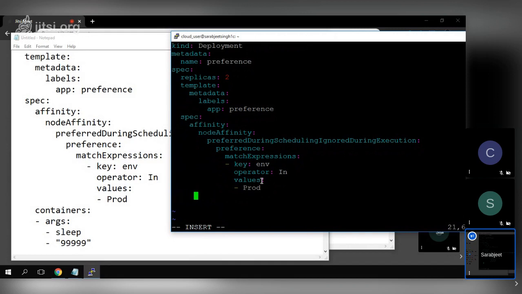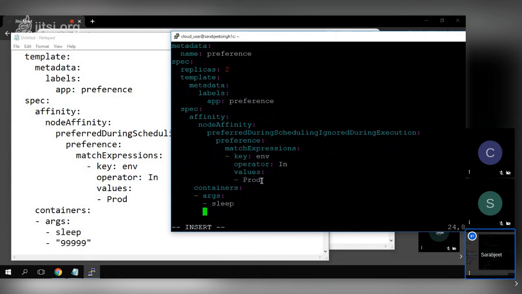1 2 3 4 5 6. So containers, and we have multiple arguments that we want to pass, so it should be in the list. So argument, first argument is sleep, and how much. So we have given that 3600, so 1 hour it will be,